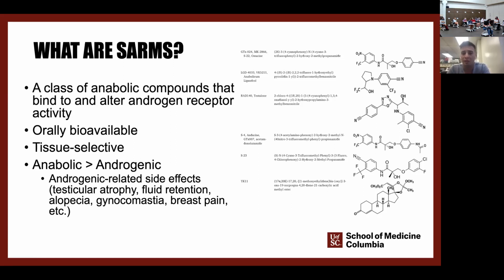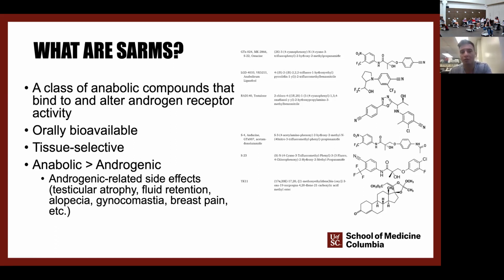And of course, we can see this not just in males but in females too, when abuse of anabolic androgenic steroids is observed in males and females. In both scenarios, we see increases in these androgenic side effects. So the idea behind these, again, is increasing the anabolic properties while minimizing or limiting the androgenic properties of these androgen compounds.